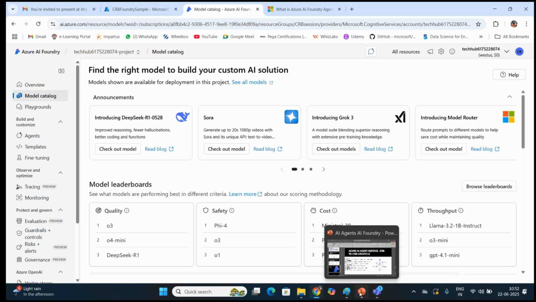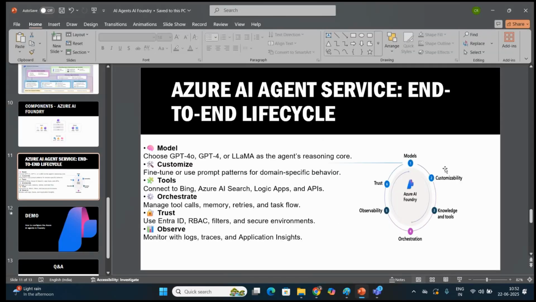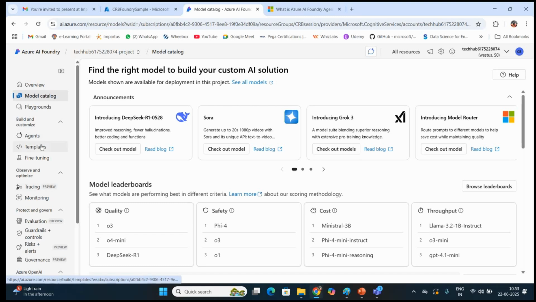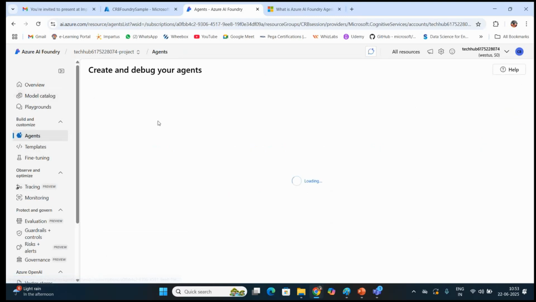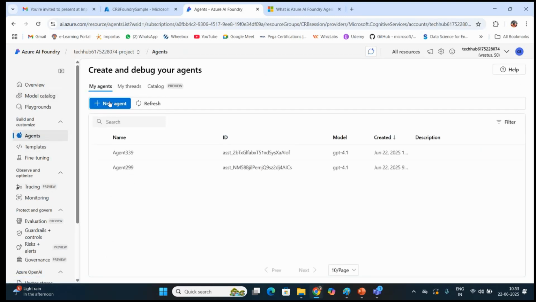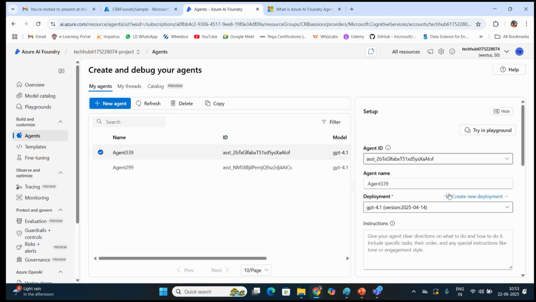So now can you relate this particular cycle with what we are currently undergoing? The first thing is that we had chosen a model inside the model catalog, and then we are coming back to the agent, and from there we are trying to create an agent here, and that agent would have the various things it can do with the model that it had created.